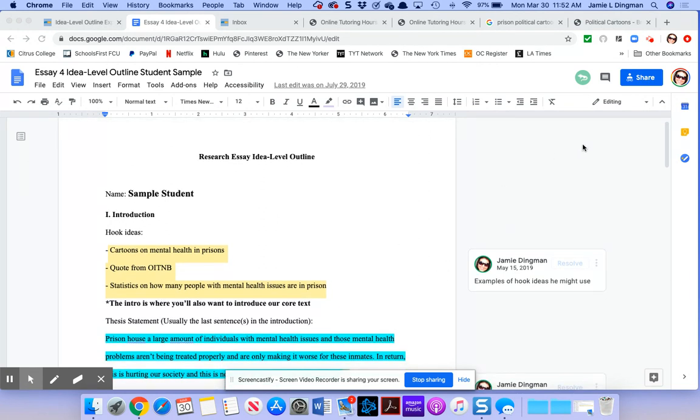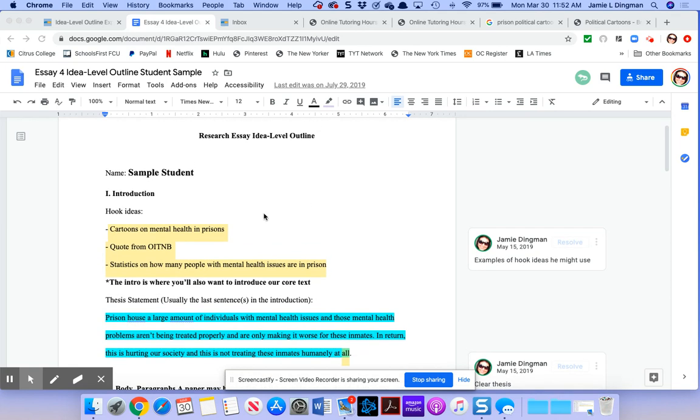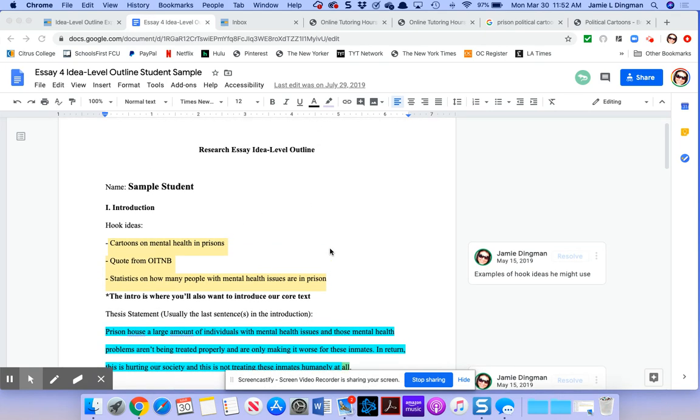So, how this differs from a sentence level outline is that this is just ideas, right? Bullet points. Your ideas don't have to be put into complete sentences or complete thoughts. You're just trying to organize what you want to say and the order in which you want to say it. So, that's what we're going to be taking a look at today, a student sample from the research essay idea